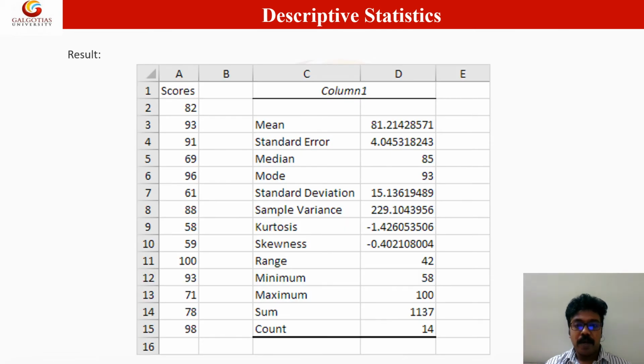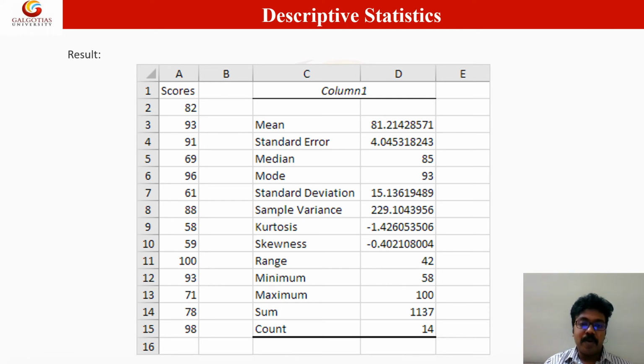Once you click OK, you get the output. We gave the output range as C1, so the output starts from C1. Here the output denotes all the features of the data, that is the scores of 14 participants.